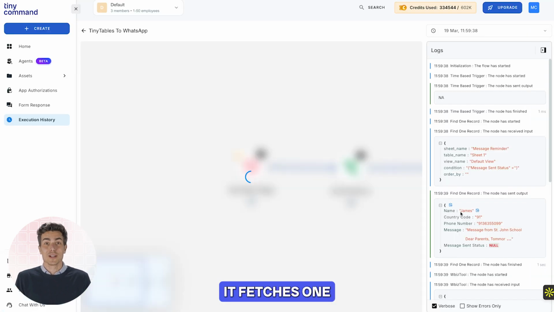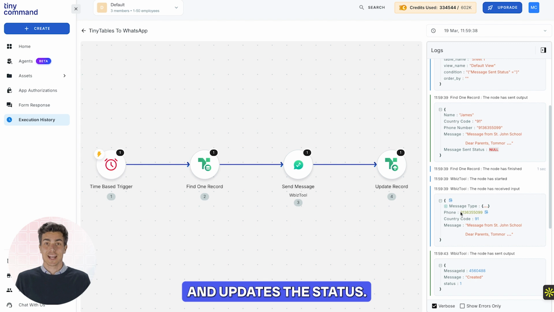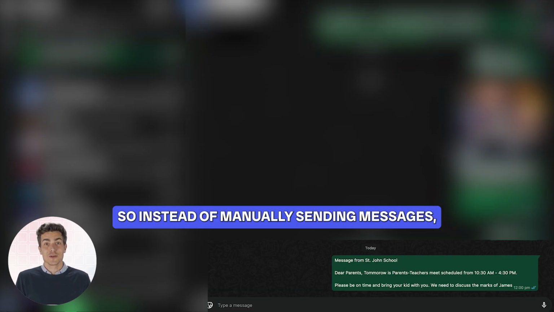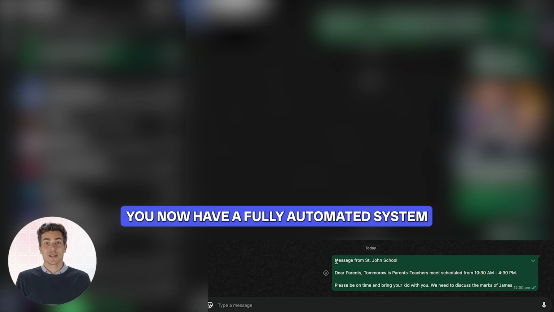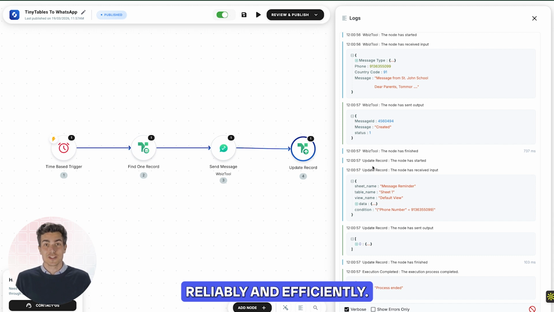Now every 2 minutes, it fetches 1 record, sends the WhatsApp message, and updates the status. This continues until all records are processed. So instead of manually sending messages, you now have a fully automated system that handles large-scale WhatsApp communication reliably and efficiently. And that's how you build a scalable messaging